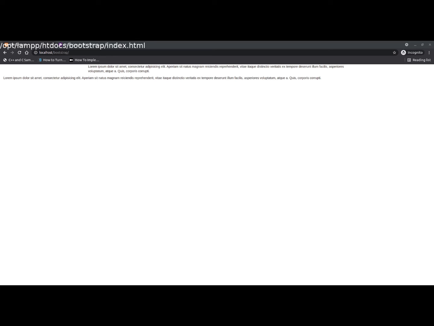So the container class, that is the dot container class, means your web page is not totally in the width of 100%.